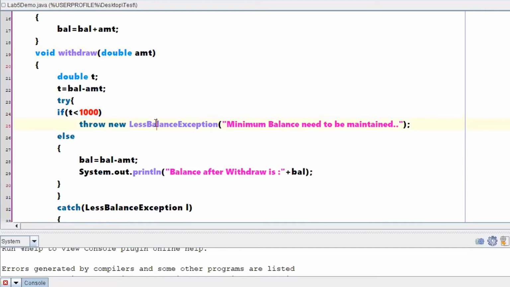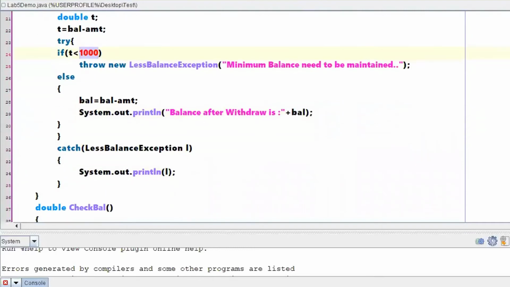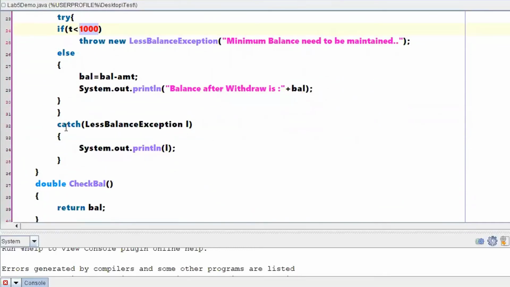If this is not the case, I am updating my balance, which is equal to balance minus amount. So new balance will be your old balance minus whatever amount you have withdrawn, right? So if it is less than 1000, you are going to raise an exception. That exception will be caught by catch block, so whatever is the content of L will be displayed.